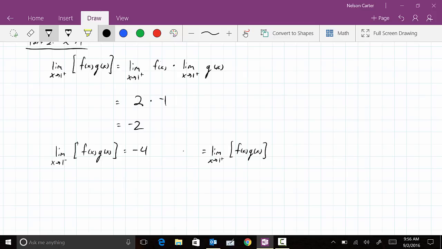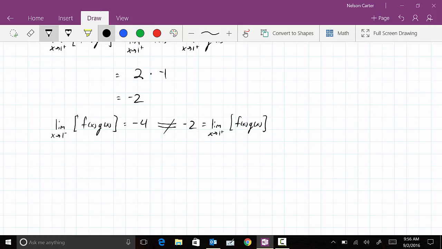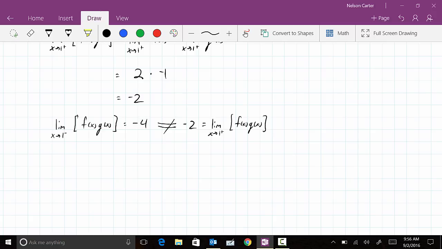It was equal to negative 2. But these two things are not equal. So that must mean that this and this are not equal, unfortunately. They're not equal. Okay, so that means that we can say that the limit as x approaches 1 from the left of f